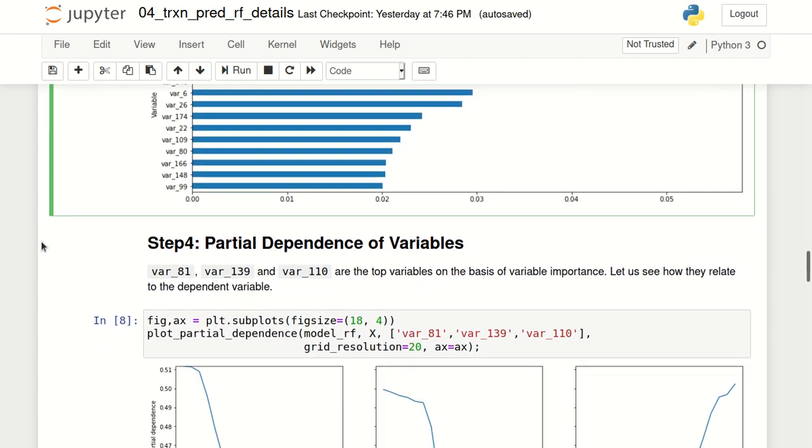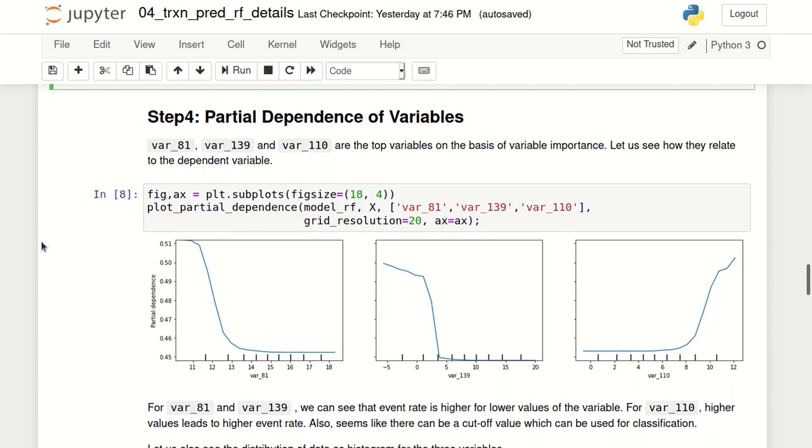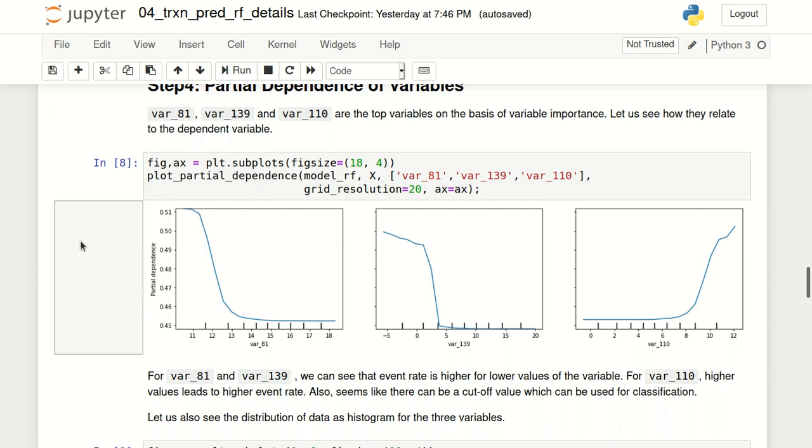Now let's look at how we find out partial dependence of our independent variables. I will take 3 variables as an example for this. These are the top variables based on feature importance, so var 81, 139, and 110. Partial dependence essentially tells you how an independent variable relates to the dependent variable, and this can give us a very good idea, based on graphical representation, of how the dependent variable can be estimated based on a particular independent variable.